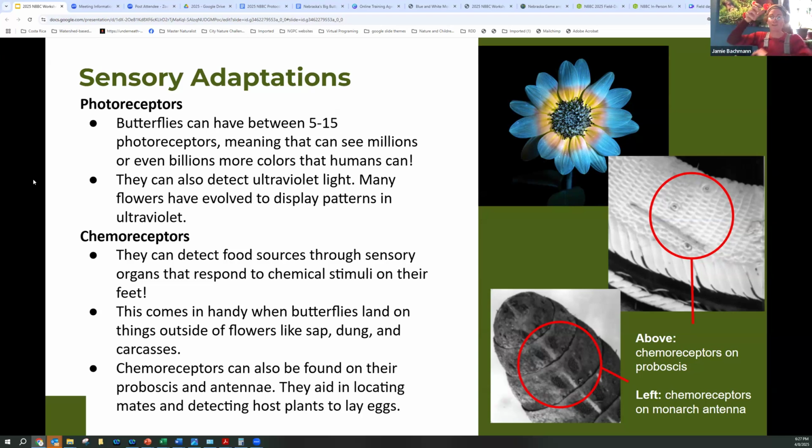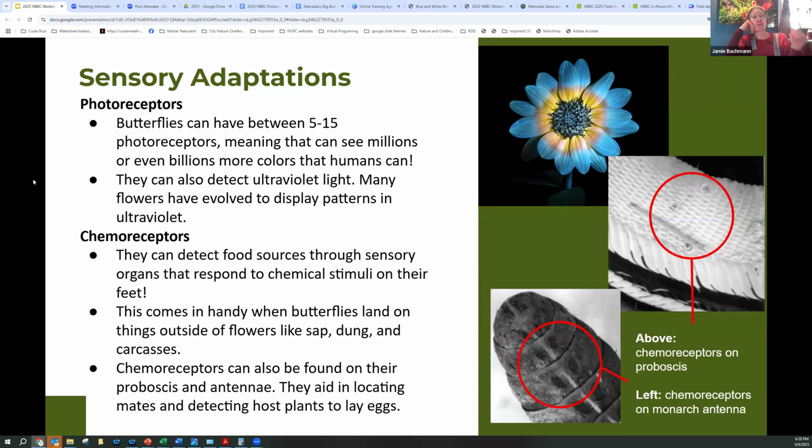A lot of flowers have evolved to display ultraviolet patterns, and what they look like is a bullseye and a landing platform straight to the nectaries, and the butterflies can see that. So neat.